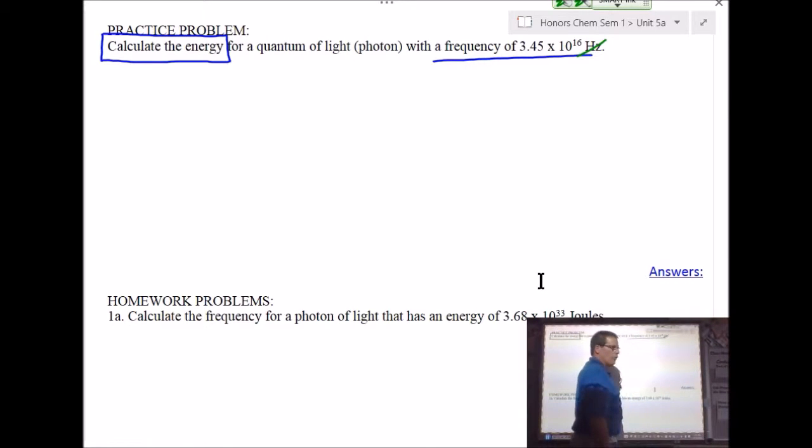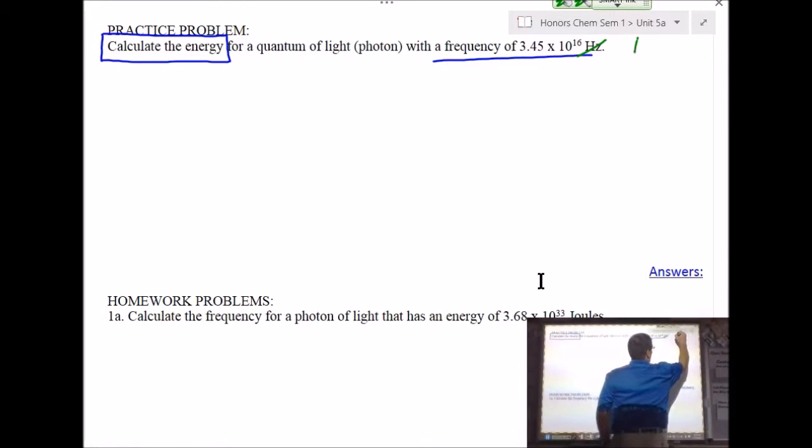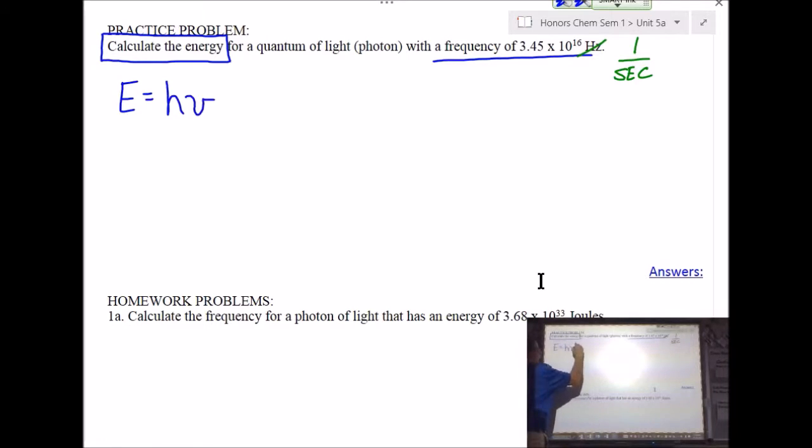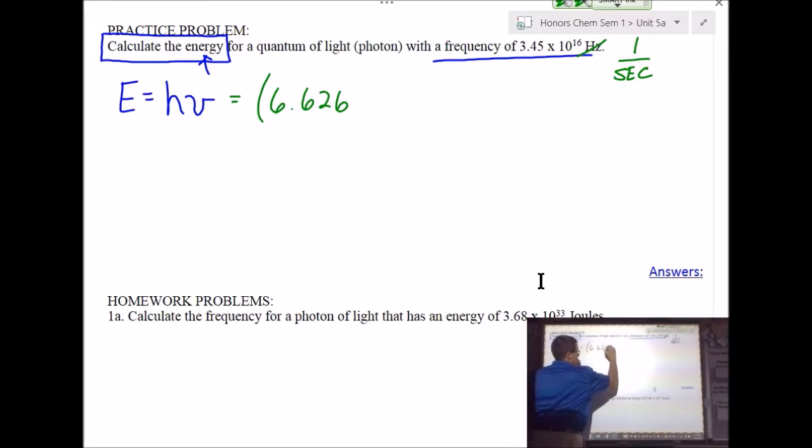Don't write Hz within the problem, but change it to 1 over seconds. Okay? Now, should we use that equation or rearrange that equation? Use that equation. Good. So since we already have Planck's constant, which is a constant, doesn't change,